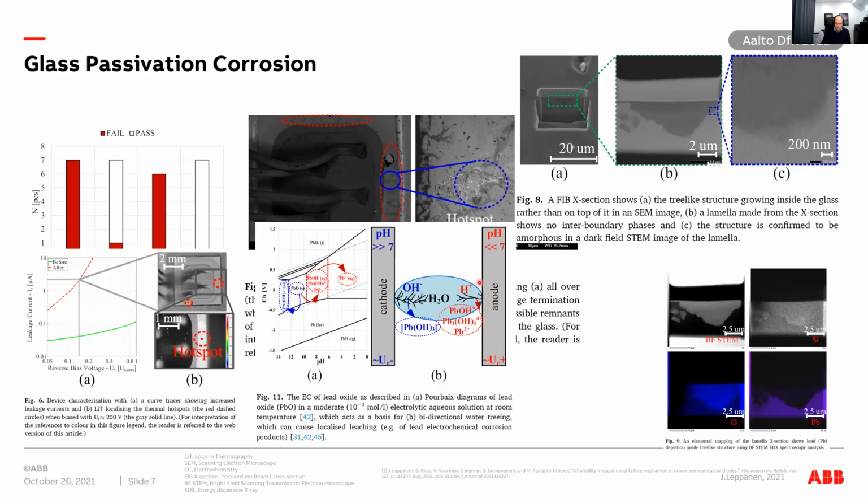It can form this kind of a tree-like structure, this water film, rather than just a larger area. And it is believed that that's why it's only a local phenomenon, and that's why it's locally dissolving in these tree-like structures rather than all over the glass. But nevertheless, in the anode, we can consider that there could be this kind of a dissolving of the